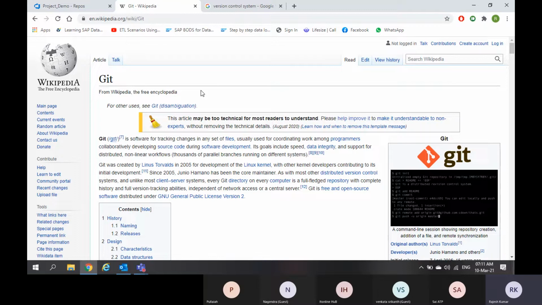It seems you both are writing the same code, or maybe different code in the same line. For suppose developer 1 has written print hello world on the 100th line, and developer 2 also has written print hello world on the same line. Then it will say, you tell me which one I need to keep, the first one or the second one.